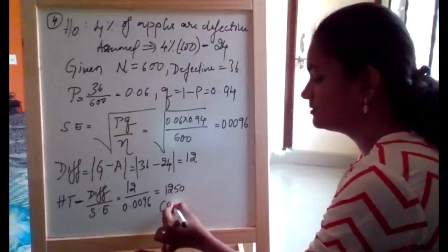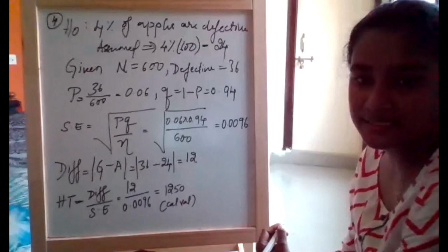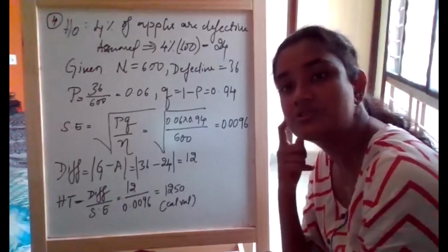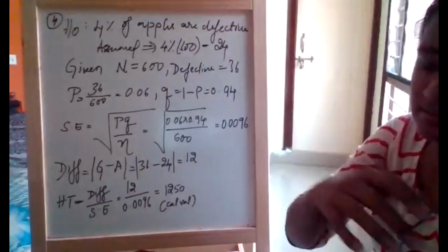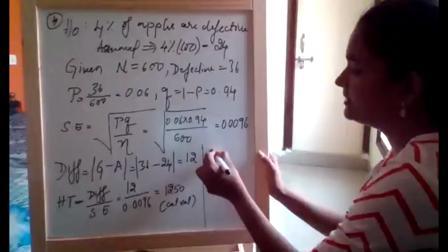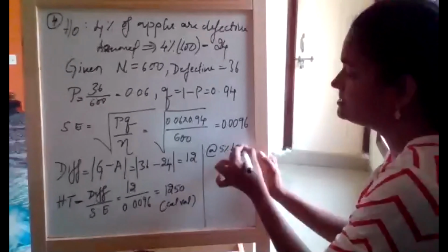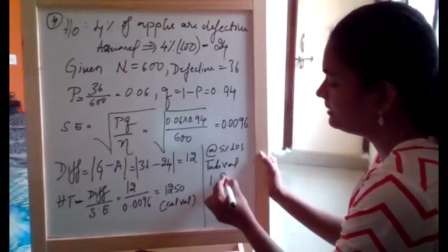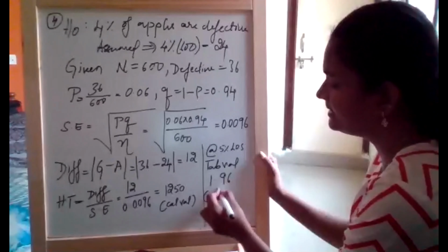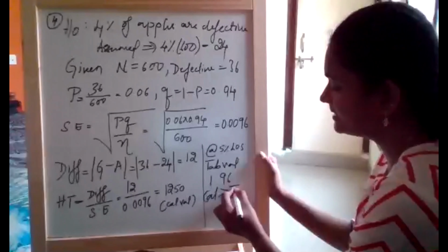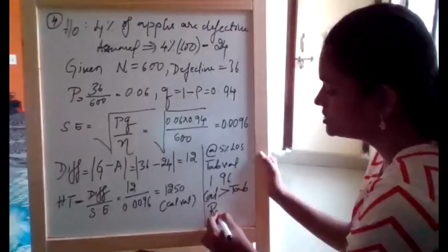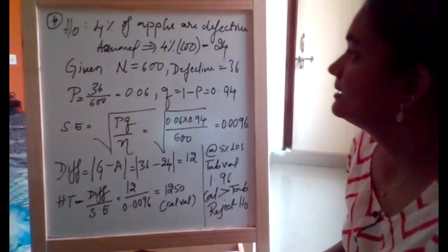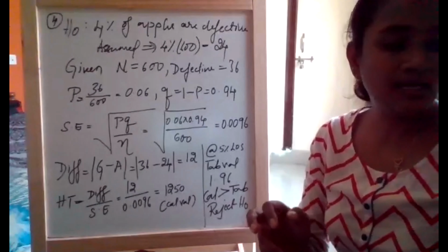1250, 250. This is our calculated value. In this question, they didn't mention any level of significance. When it is not asked, obviously we will take it as 5%. At 5% level of significance, the tabulated value is 1.96. The calculated value is obviously greater than the tabulated value. So reject H naught. That means the claim of the wholesaler is absolutely wrong.